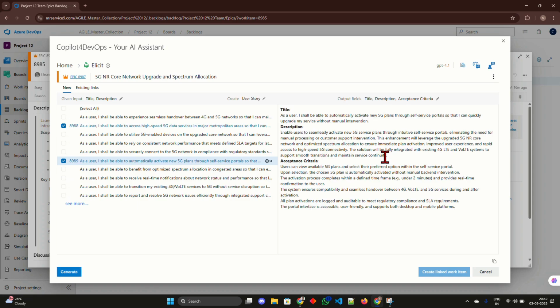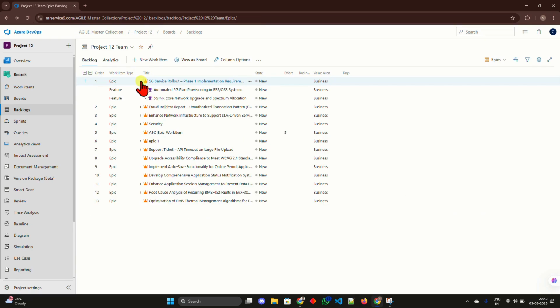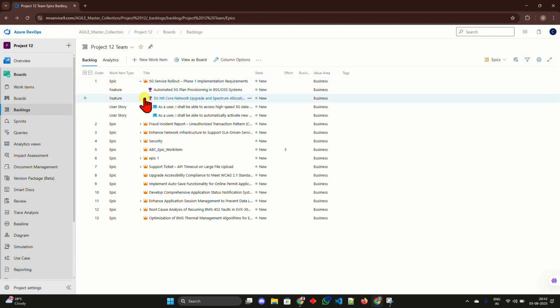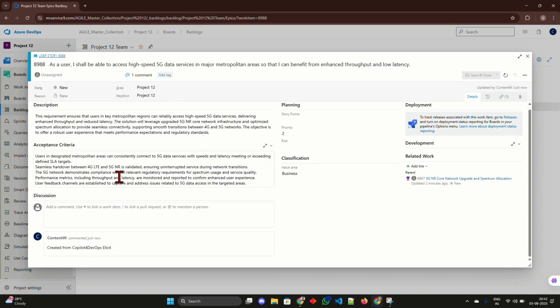Now, let's move to the original backlog. Here, you can see all the work items we just generated, including features and their associated user stories. They're automatically organized and linked, and ready for sprint planning and execution. This leads to faster rollout execution, better alignment across engineering, operations, and compliance teams, and improved service delivery to customers,